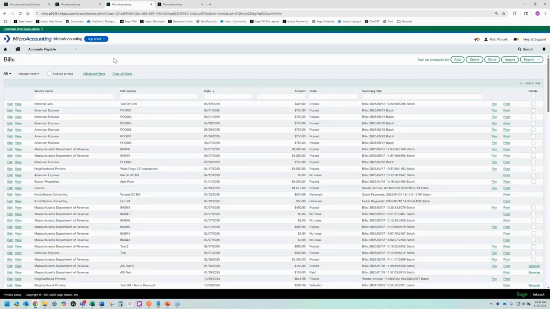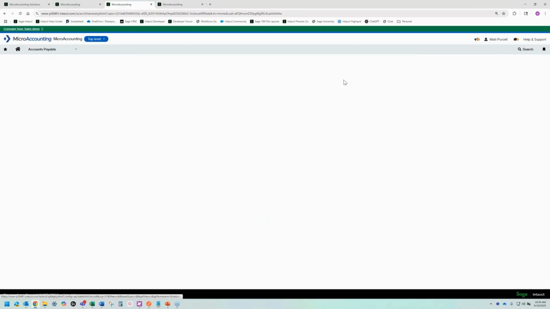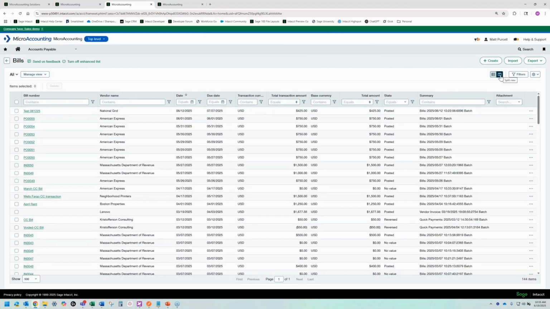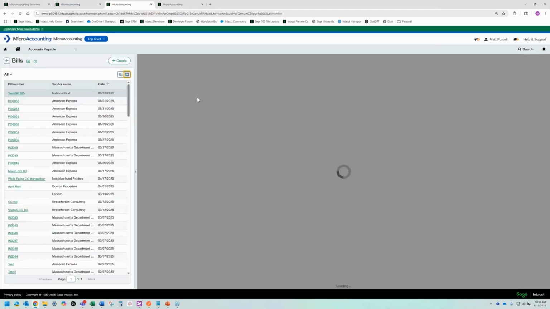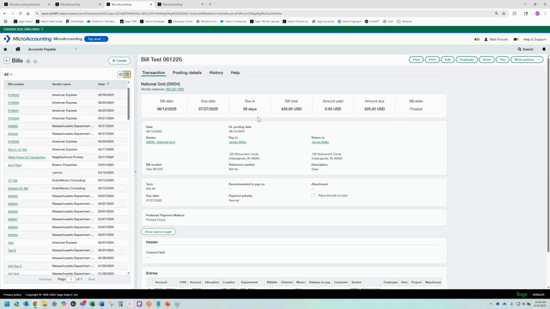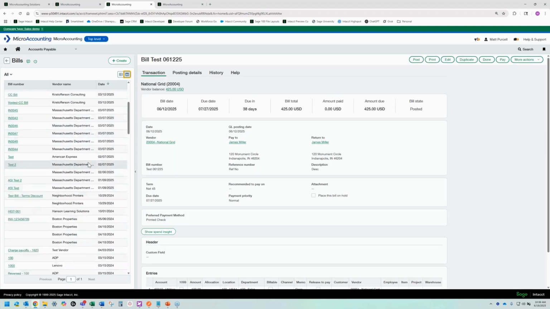So one other thing I wanted to show you within these list views, and I'm going to flip over here to my AP bills. One really neat function is this split view option. Right now it's on the normal list view, so it's just going to show me my records. If I click here on split view, then it allows me to see both a list of my bills, but I can also see individual records over here on the right side. And I can do all the functionality that you normally would if you're viewing a record. So you can edit, post, print, pay, all that fun stuff